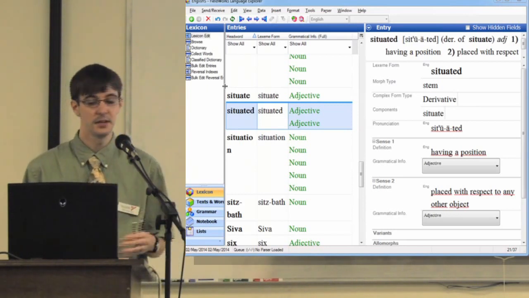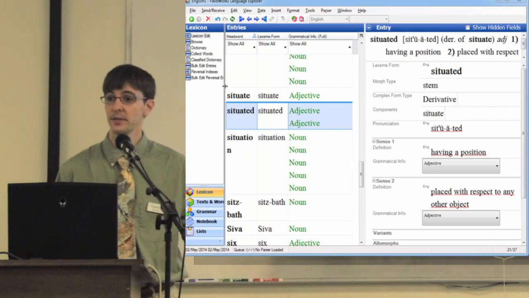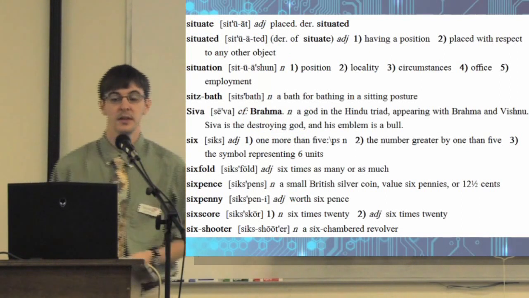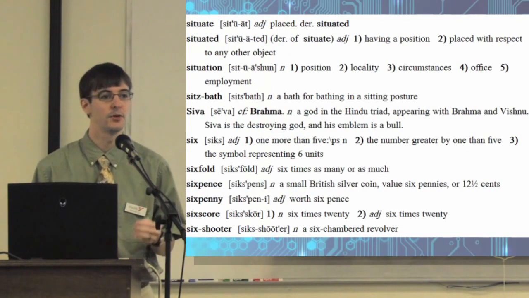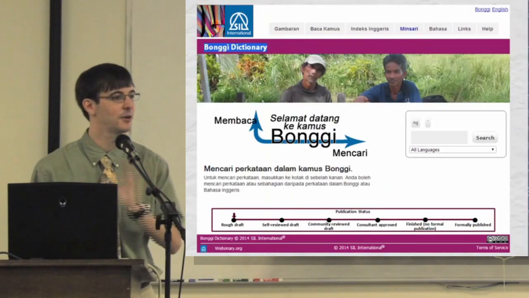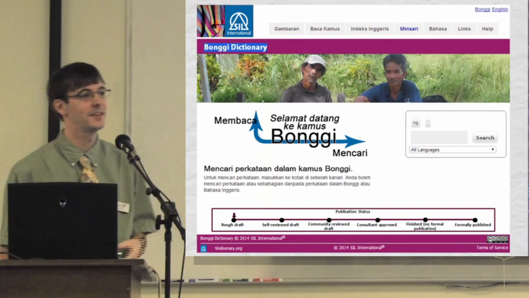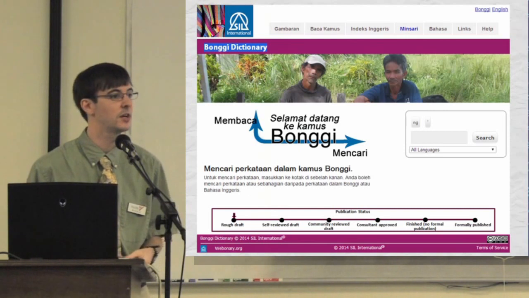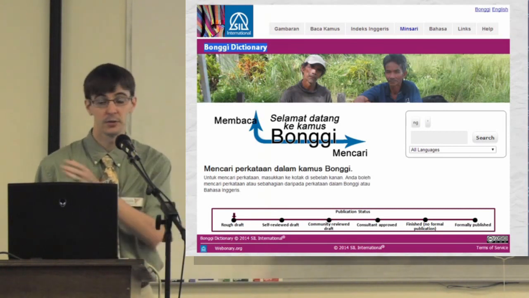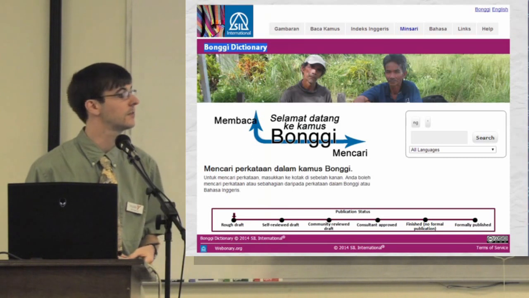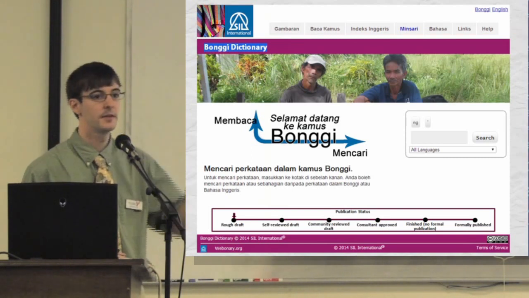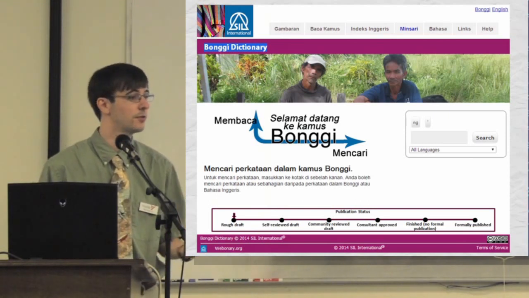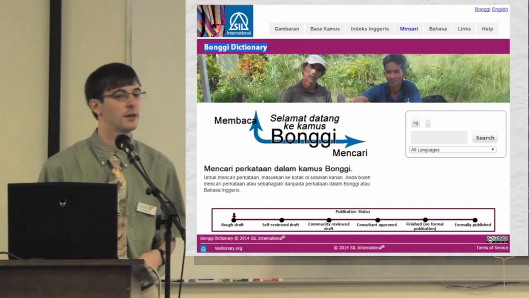So XML data can look like this. This is a digital representation of a dictionary page. This is called Webonary, and this is Bongi. Did I get it right? Okay, I have a hard time with the stress on that word. But I've been working with Dr. Booten on getting his lexicon or his dictionary up and running on this website, along with many other dictionaries that are doing this, so that the people group can actually get online and search the dictionary, find out what is the English word for this word, or do the reversal, go the other direction.